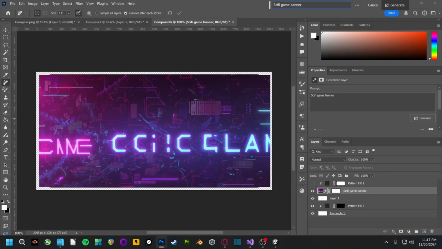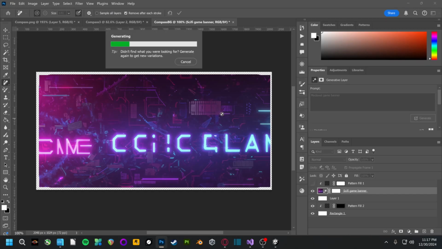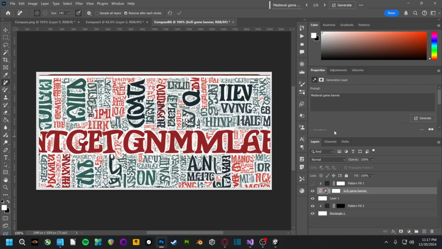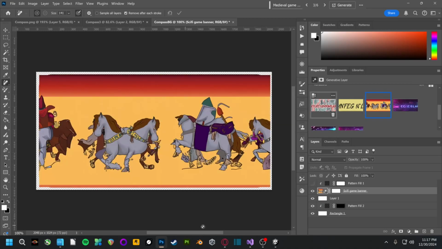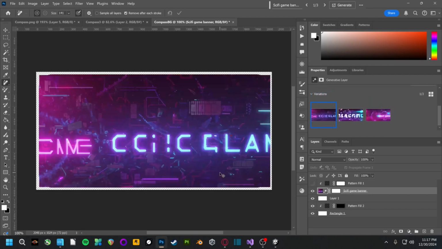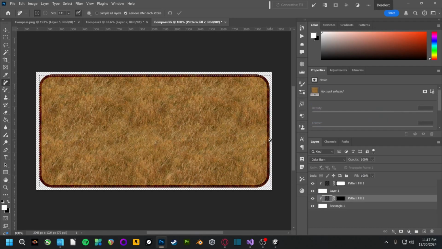Let's go medieval, just to show you, if I could spell. I don't even think I spelled it right there. Hopefully, I know what I'm talking about. Okay. It's not that great, but you get the gist of it. You could use it to create something more unique if you weren't happy with what we had before. Let's do something simple. Anyways,